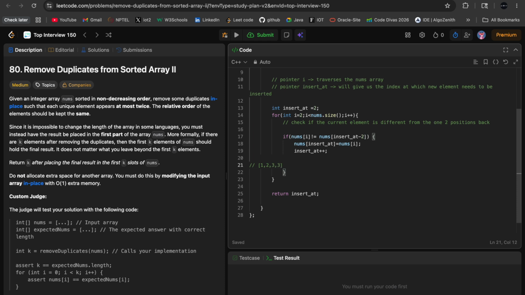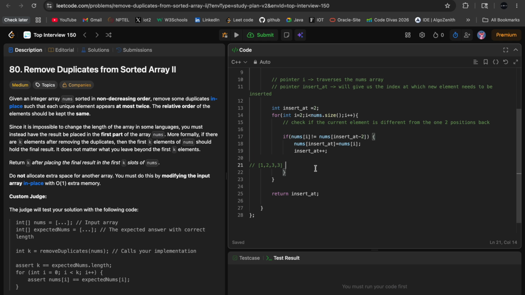So this is the final nums array, say. Initially insert at was at position 2, and at the end you'll notice that insert at will be at position 4, because it points at the index at which new elements need to be inserted, which in this case is index 4 because the second 3 is at index 3.